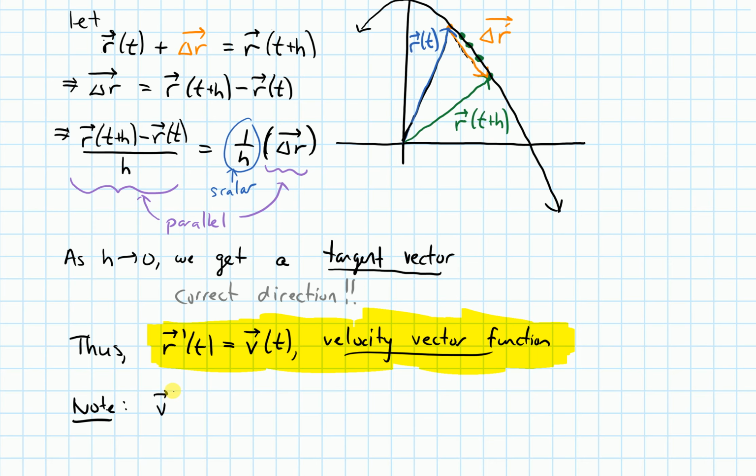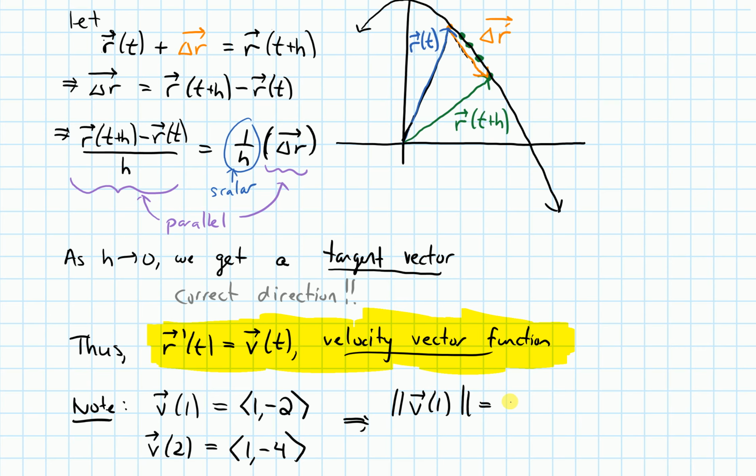So if I take v of 1, if I plug 1 into my derivative function, we end up getting <1, -2>. And if we plug 2 into our derivative function, we end up getting <1, -4>. We had done these two things earlier in this video. Now let's take their magnitudes, because we want to know which is faster, so we want to know which has the bigger speed. So the magnitude of v of 1,